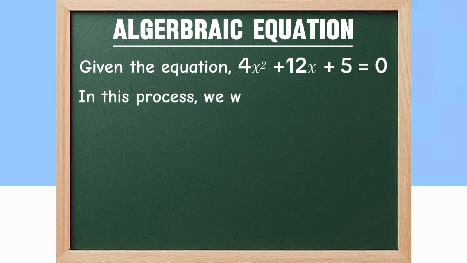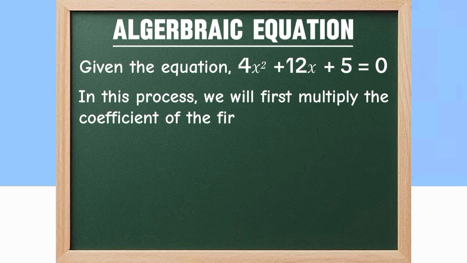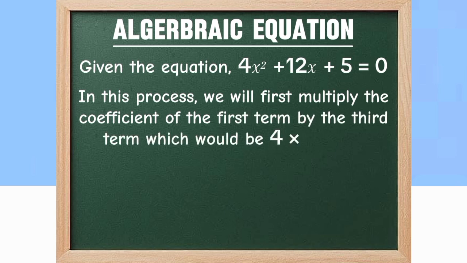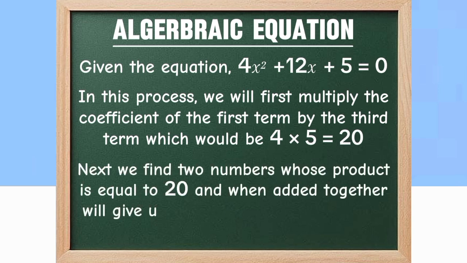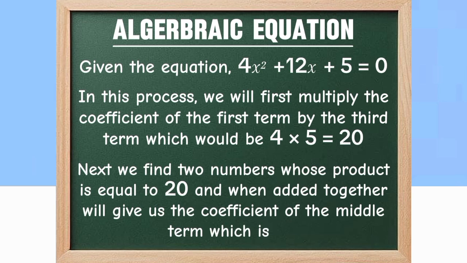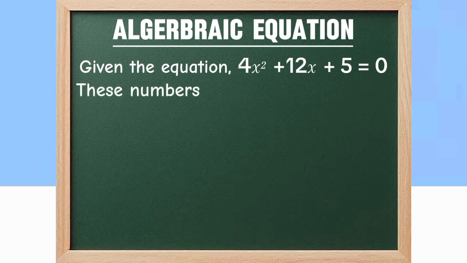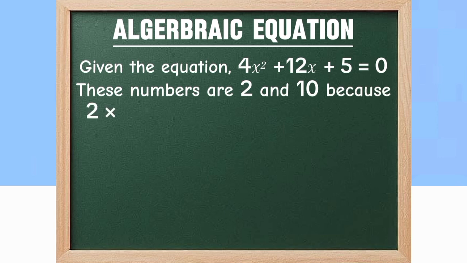In this process, we will first multiply the coefficient of the first term by the third term, which would be 4 times 5, which is equal to 20. Next, we find two numbers whose product is equal to 20, and when added together will give us the coefficient of the middle term, which is 12. These numbers are 2 and 10 because 2 times 10 is equal to 20, and also 2 plus 10 is